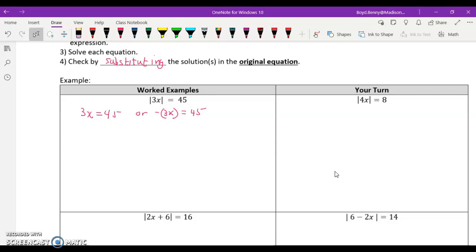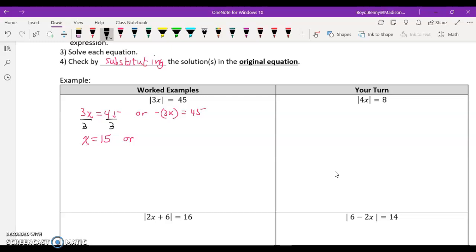And then we want to solve each one of these equations. So to solve the first one, we'll go ahead and divide by 3. That'll give us x equals 15, or